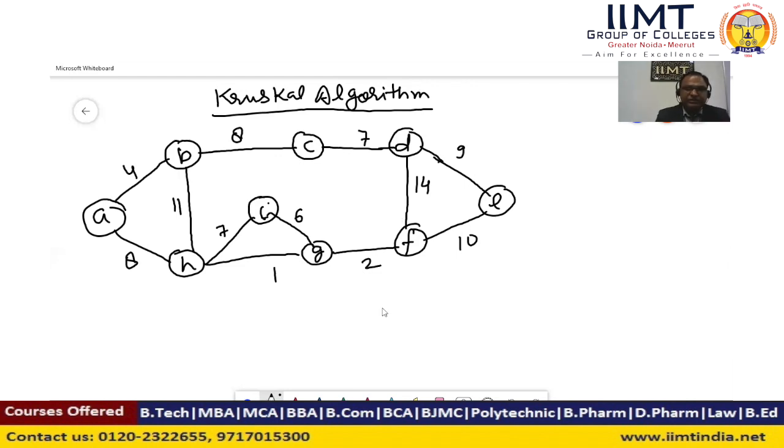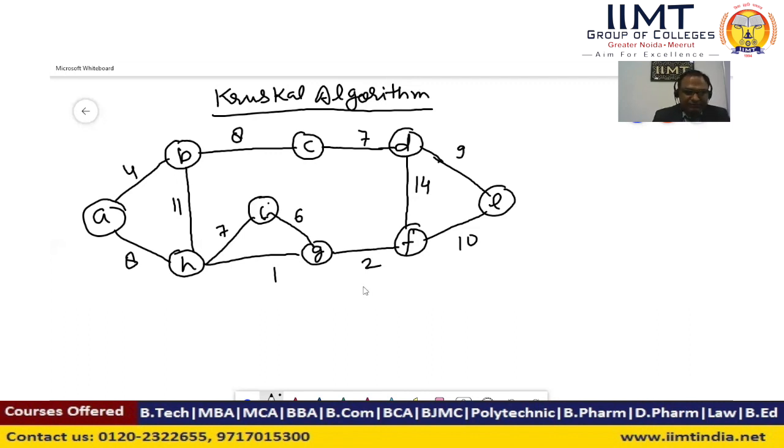Let's say we have this weighted graph. We call this graph a weighted graph, as all the edges of this graph are assigned some numbers, which we consider as weight. So now we have to find the minimum cost spanning tree of this graph. This graph can have many spanning trees, but among them the spanning tree that has the minimum cost is called the minimum cost spanning tree, as we have discussed earlier.